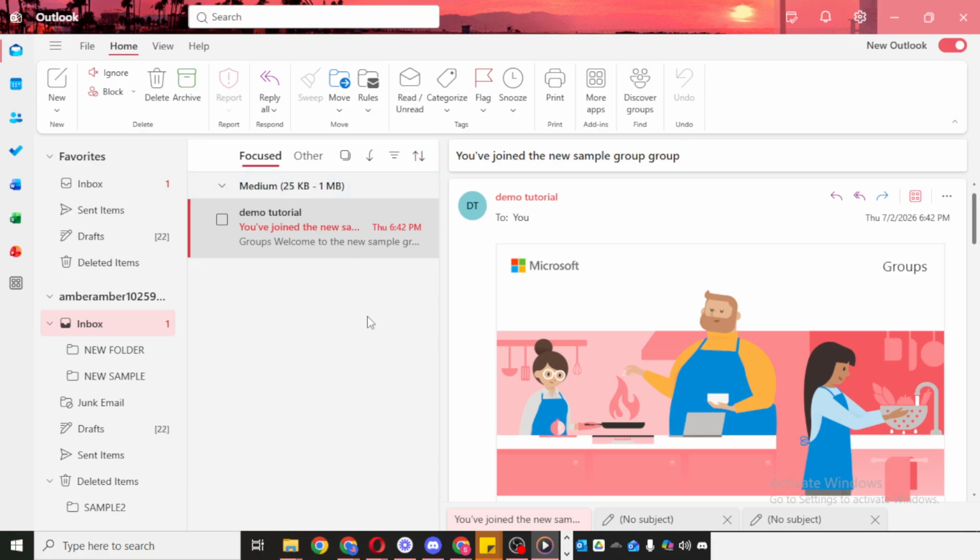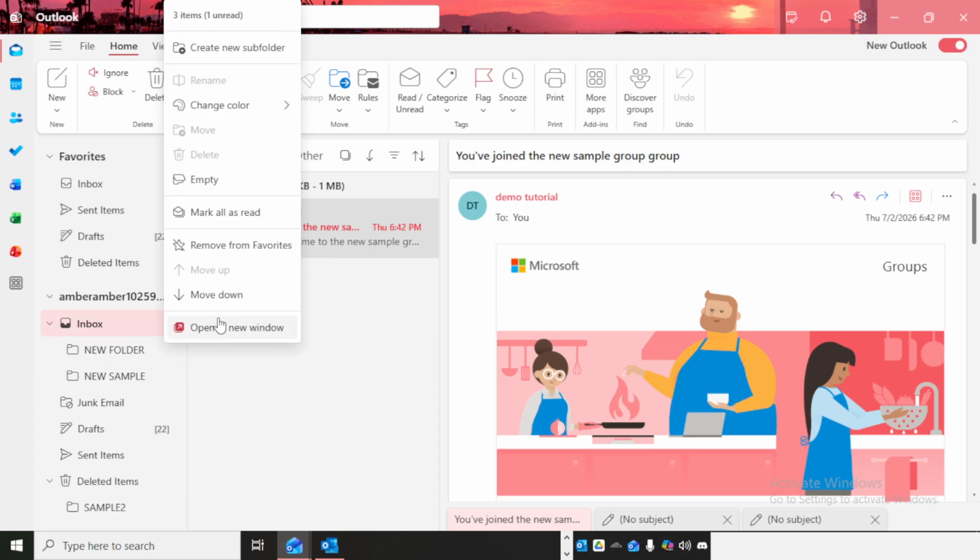neatly. To get started, open Outlook and make sure you are in the Mail section. This is where you can see your inbox and all of your email-related folders. Once you are there, look toward the folder list area. Near your existing folders, you should see a three-dot menu. Go ahead and click that menu to open more options. From the list that appears, choose the option to create a folder.